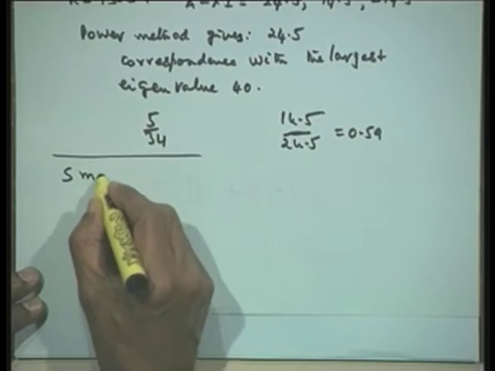Now we said that it is going to converge to the smallest eigenvalue. Now, how do I find it? The power method gives me only the largest eigenvalue, not the smallest eigenvalue. How do I find the smallest eigenvalue? We have a modification of the power method called the inverse power method, which will give the smallest eigenvalue instead of the largest eigenvalue. So, let us find out how we get the smallest eigenvalue.